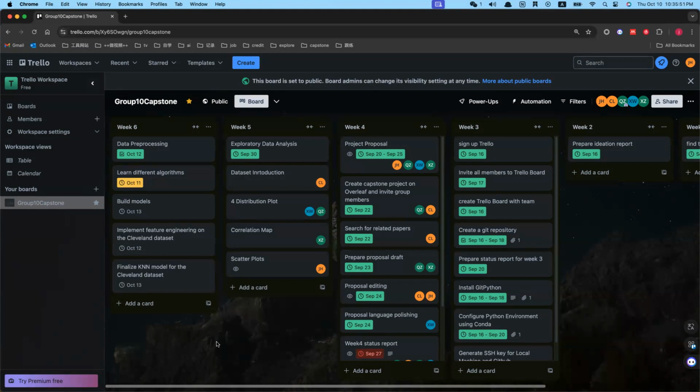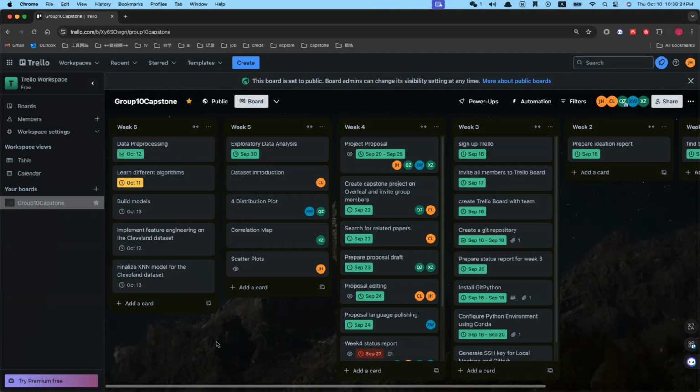Before jumping into the model, I spent time on data processing steps, including handling missing values, normalizing the features, and splitting the dataset into training and test sets. I am now working on fitting the LR model to predict the presence of heart disease. LR is a pretty good starting point since it's simple and interpretable, allowing us to understand how different features contribute